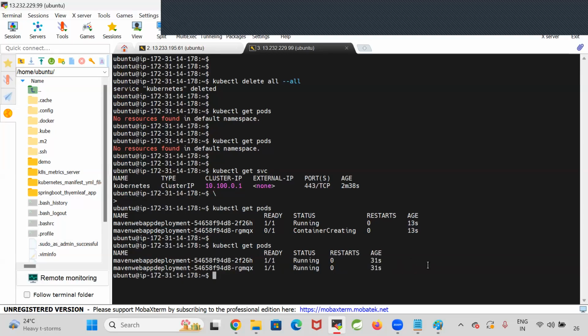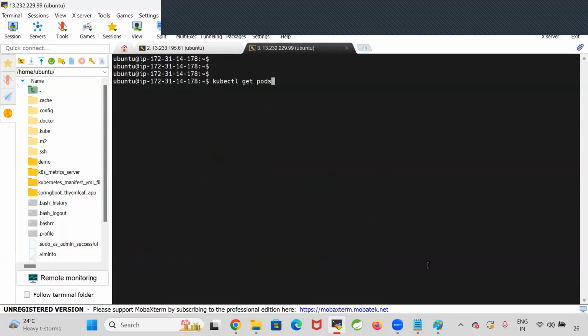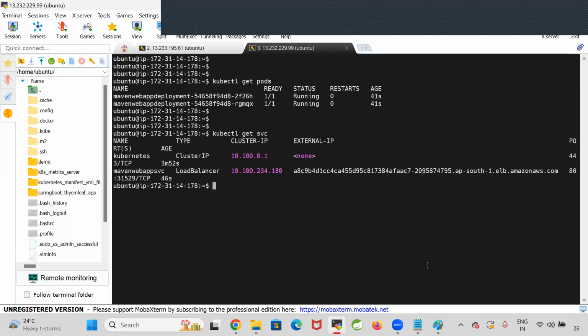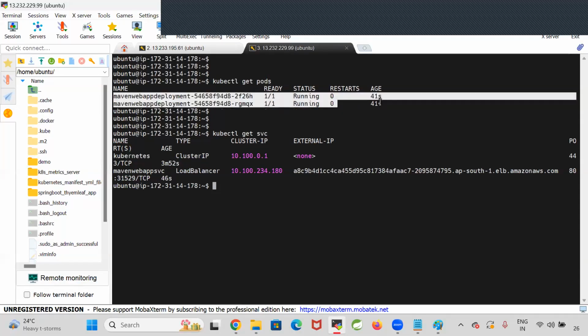Who is deploying my application in the cluster? Am I deploying that manually, or am I deploying by using Jenkins? I'm deploying by using Jenkins. Automated build and deployment. Okay, when I go for kubectl get pods, 2 pods are created because I have given